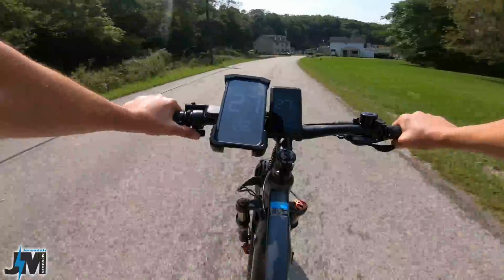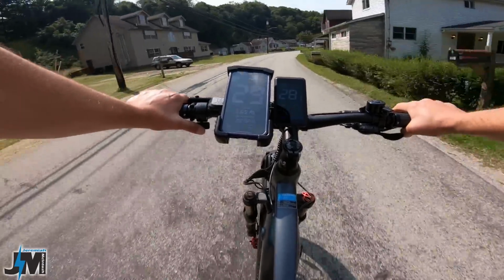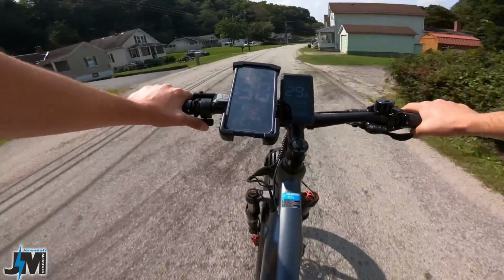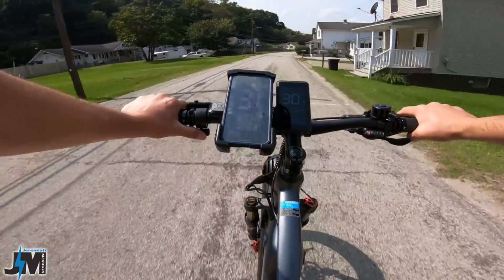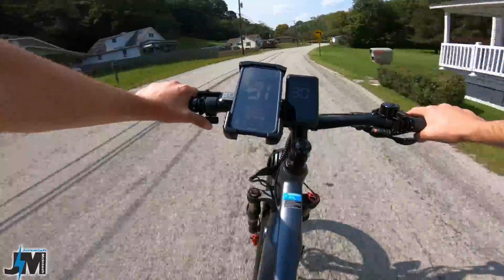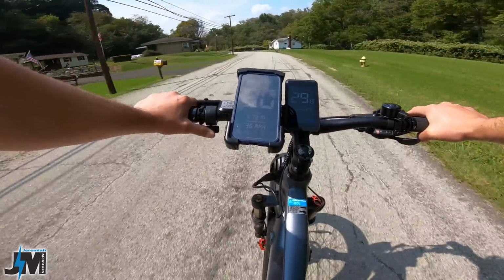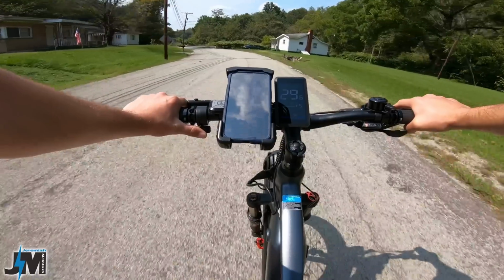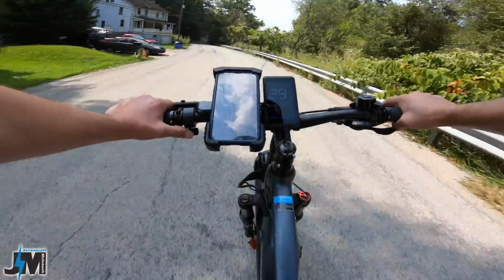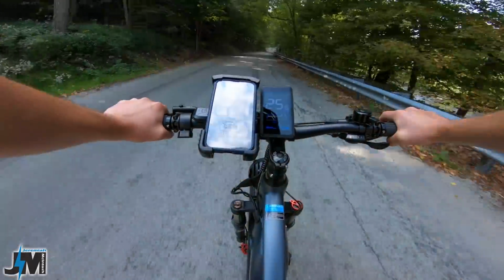All right, guys, here we go. This is a pretty straight stretch, and let's see how fast we can go. 29, 30, 31, and this is throttle only, guys. 31 miles per hour. That's insane for throttle only. Now that's on a perfectly level